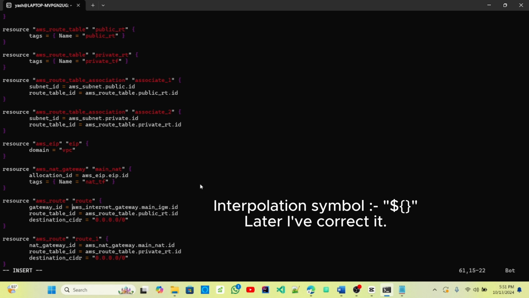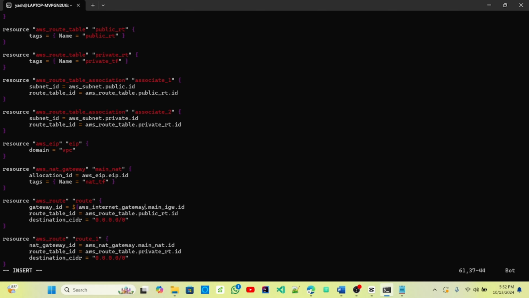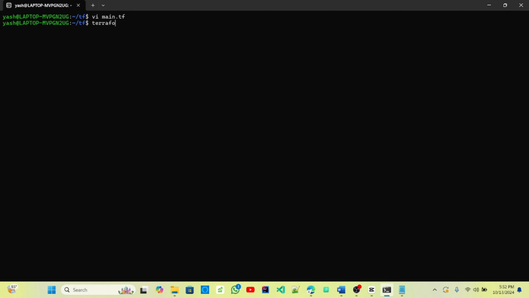Here let's use the interpolation. Dollar curly braces. Let's mention these things inside the curly braces. Let's save the file. The first command is terraform init. What it will do is it will go and download the provider plugin. So which provider plugins? As we have mentioned the provider as AWS, it will go and download the AWS provider